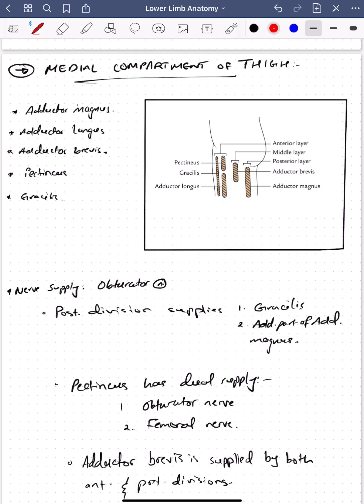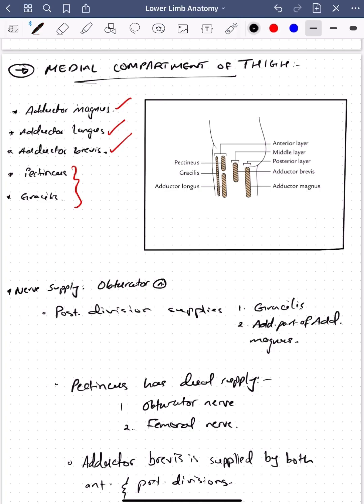the adductor magnus, the adductor longus, and the adductor brevis. Now apart from the 3 muscles, we have 2 extra muscles, and that is the pectineus and the gracilis. Okay, so just remember the names: 3 adductor muscles, adductor magnus, longus, brevis, and 2 extra muscles, the pectineus and the gracilis. Okay, now in this diagram that I've included, on the medial side itself, these muscles have a particular